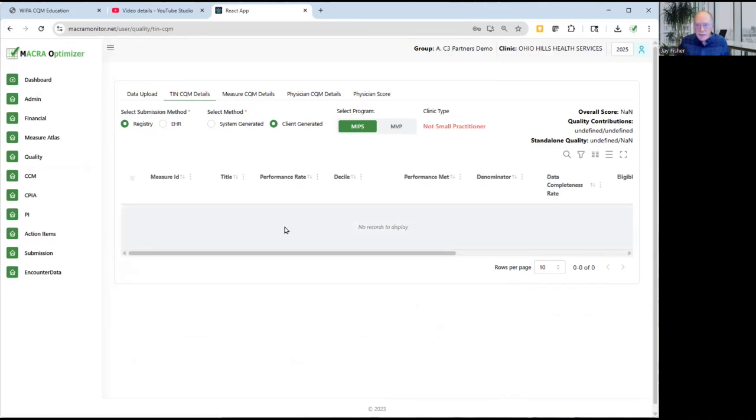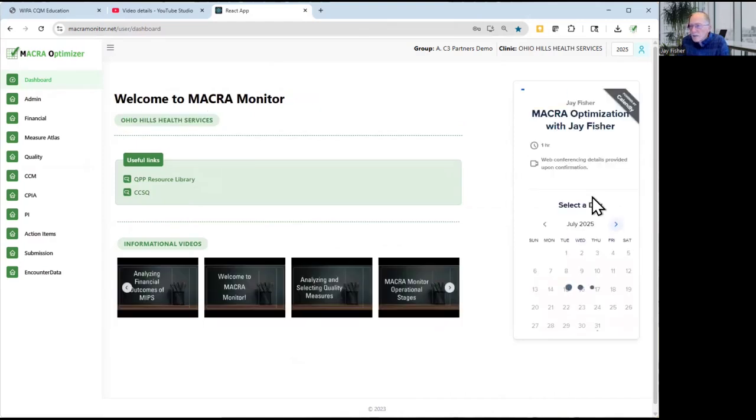We strongly encourage you to take a look at the data, analyze it, see does it seem to represent the number of encounters that you're expecting to see in the denominator. Do the scores look about right? And if not, then schedule a Zoom session with the calendar widget on the homepage, and we'll get together and we'll figure out what differences need to be posted. That review process is a very normal part of quality reporting,